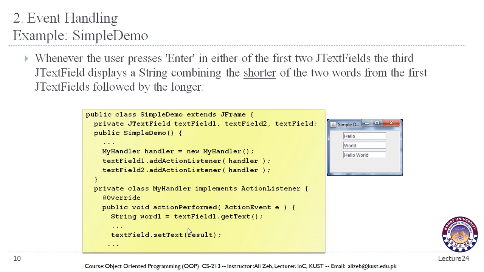You can solve this example. For example, whenever the user presses enter in either of the first two JTextFields, the third JTextField displays a string combining the shorter of the two words from the first JTextFields followed by the longer. So